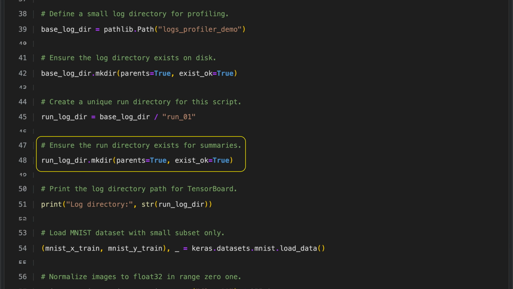The code makes sure a directory for the current training run exists, so it can store profiling summaries and other logs. It automatically creates any missing parent folders and avoids errors if the directory is already there. This setup keeps training logs organized and easy to access later, which is especially important when using tools like TensorBoard